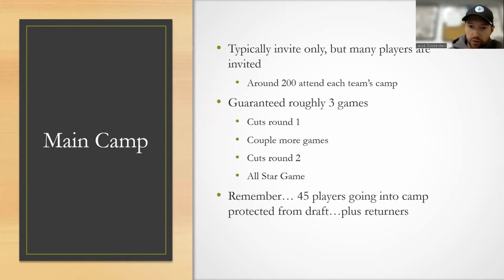If you play in some sort of fall league, or if a lot of AAA players, if you play in a fall league or a AAA league, you will get invitations from USHL main camps. In a USHL main camp, typically it is invite only, but they are going to invite a lot of players. And this is where you kind of get mass emails sent around, and a lot of players will